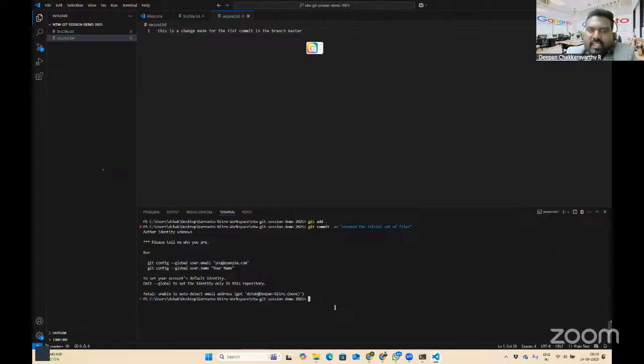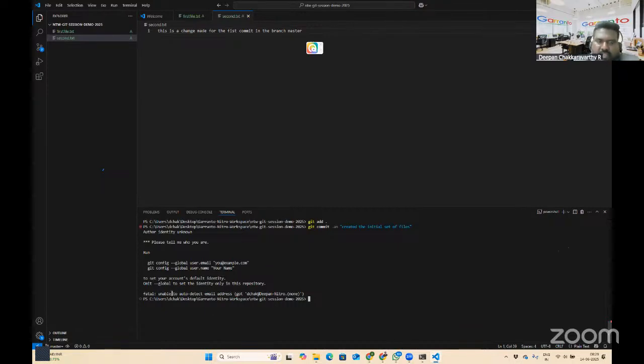How Git ensures that this is not happening is by using git configurations, git config. For me to commit, I need to tell Git who I am. So it gives this configuration message. I need to do these two initial configurations, and only then can I do the git commit.